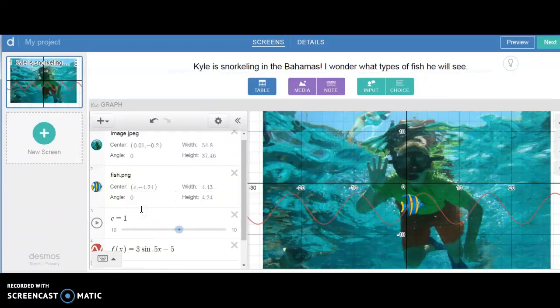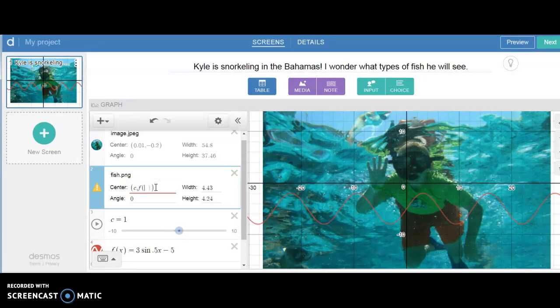And that slider will allow the fish to stick to the function. And he's going to move along c as c changes based on my f of x function. So I want to change my y value to f of c. Now my fish, if I move my slider here, will move